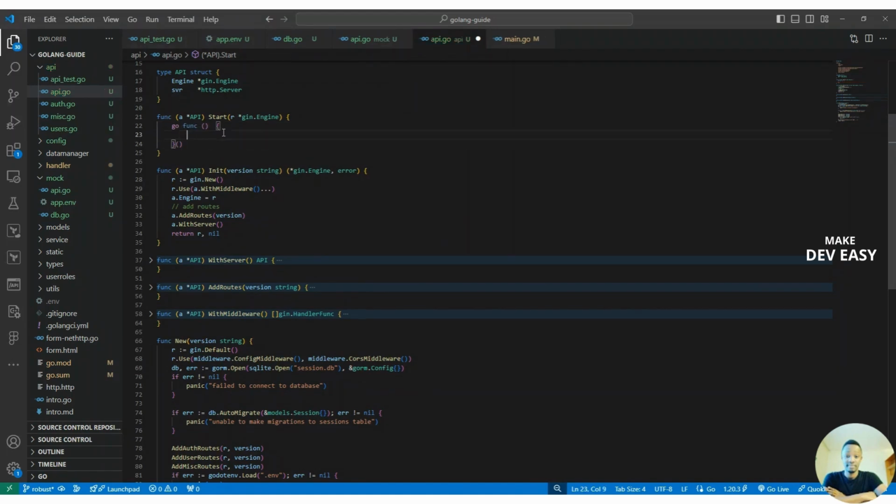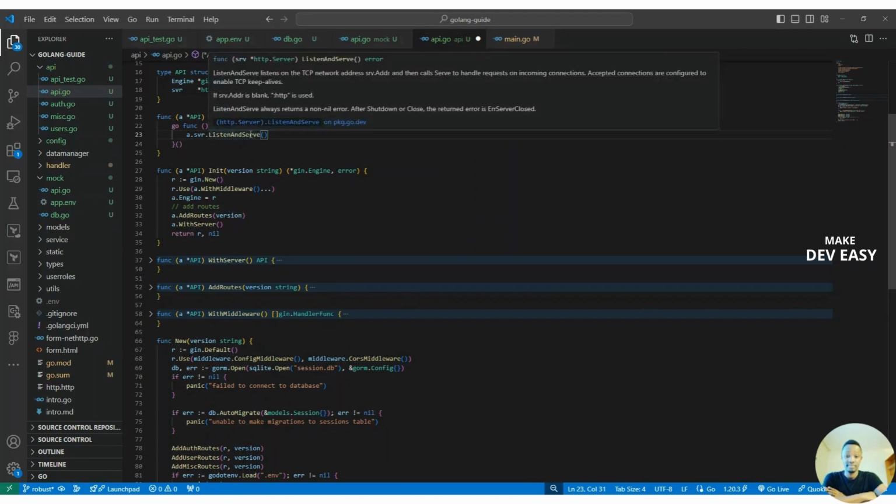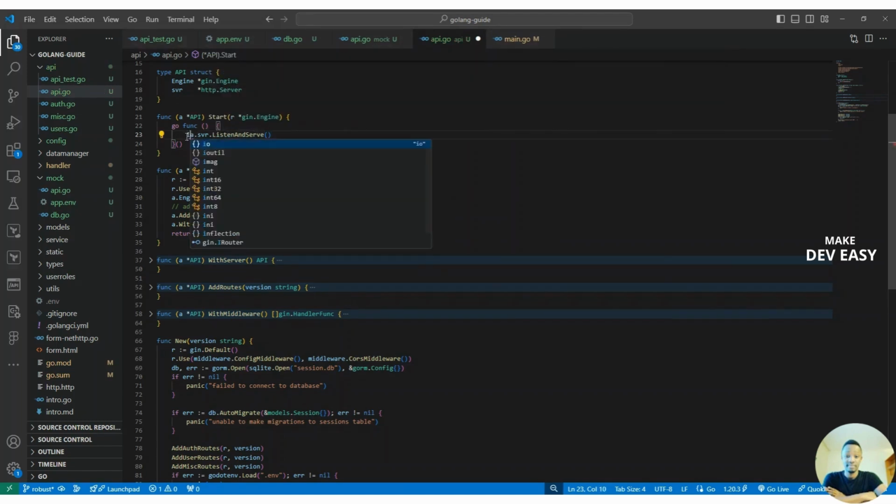And now we can simply do a.server, as server.ListenAndServe. And of course, it returns an error, so we have to handle it. If error is not equal to nil,